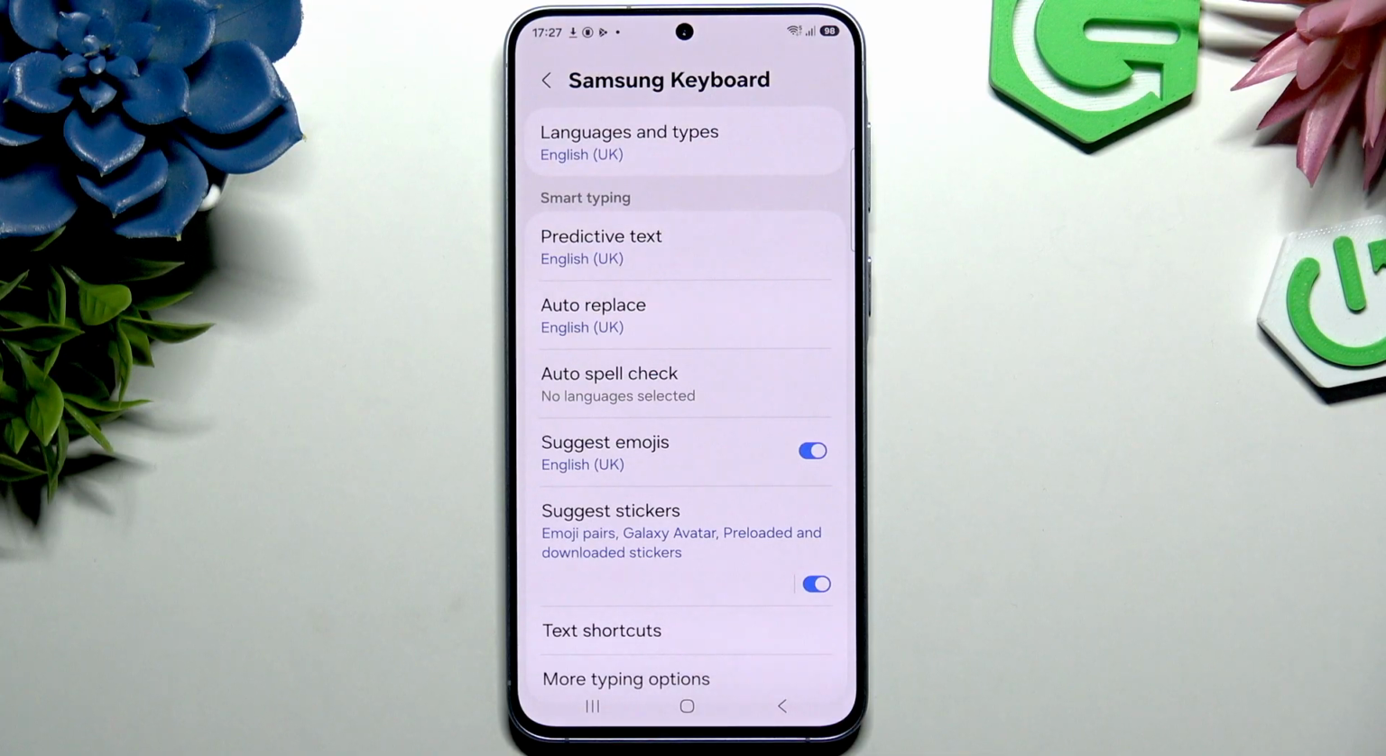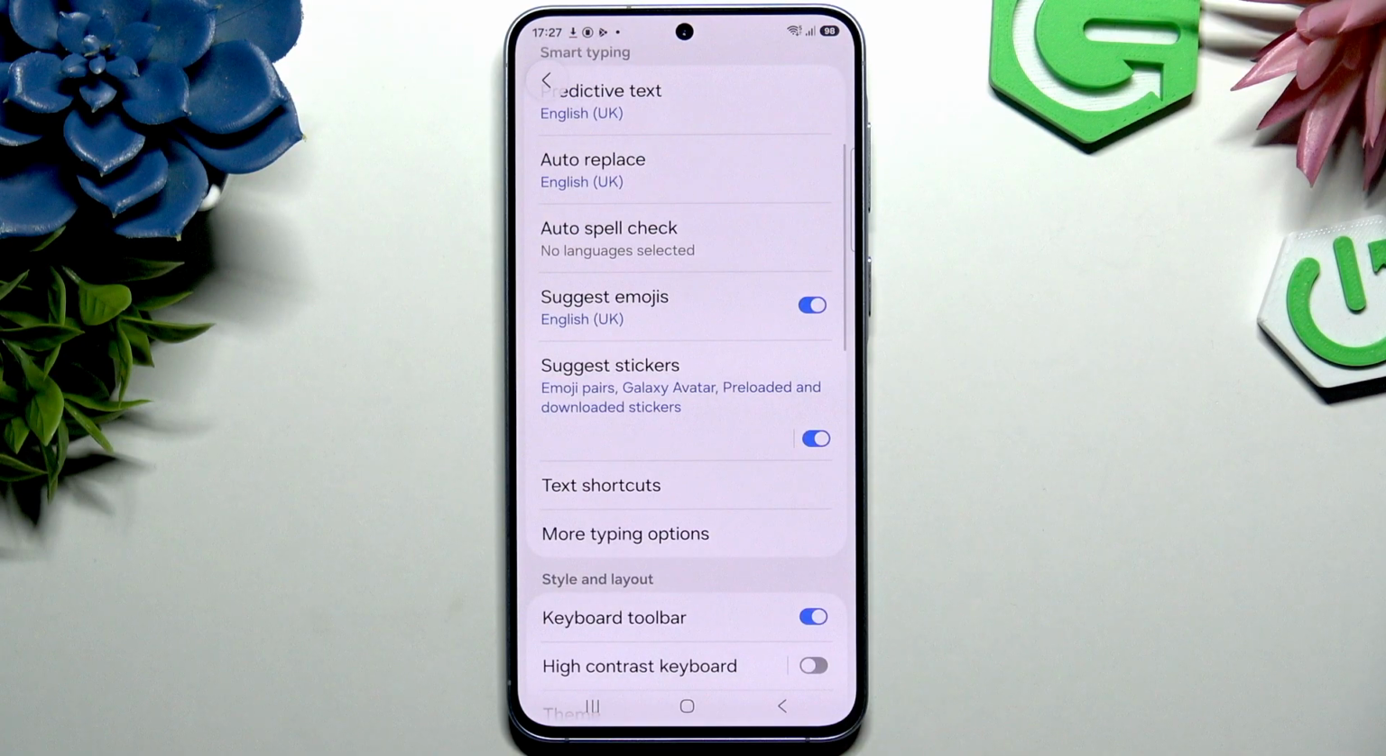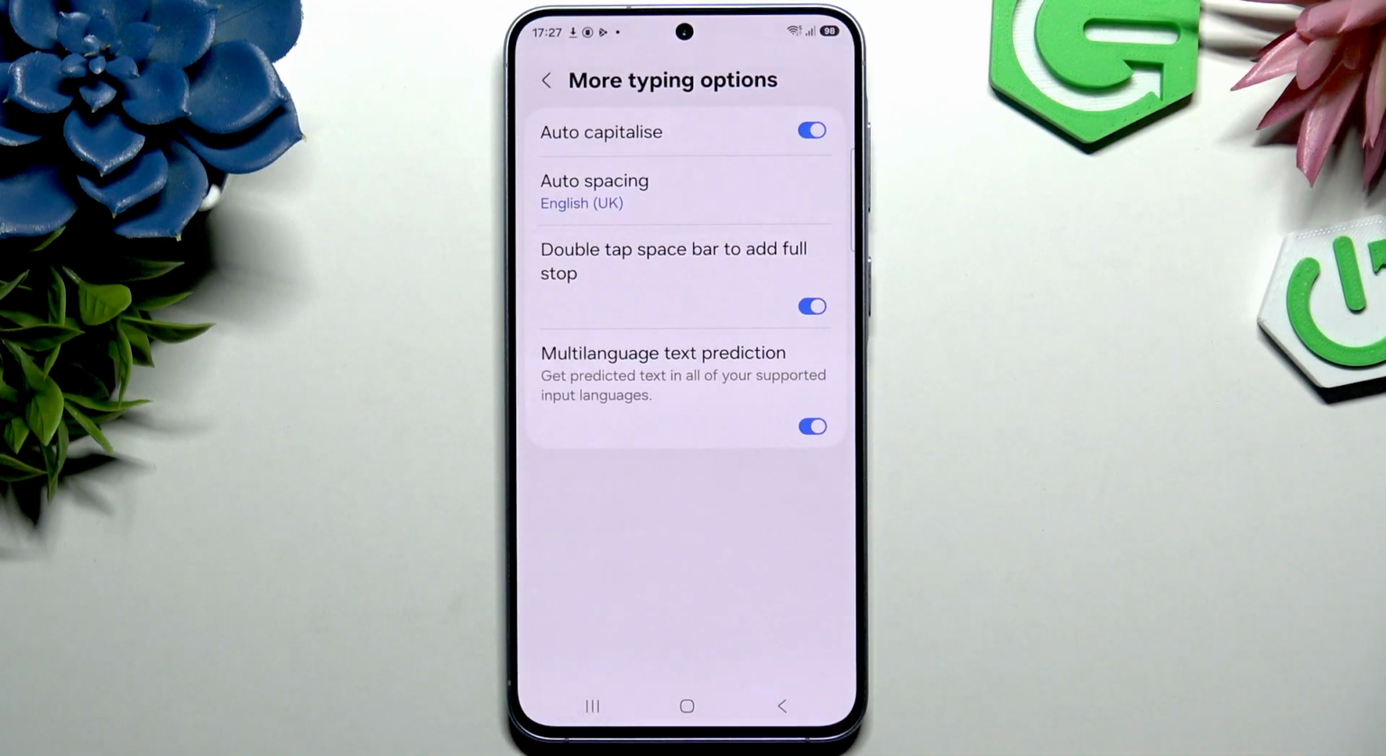When you're done with all of those, scroll a tiny bit, click on more typing options and manage all of